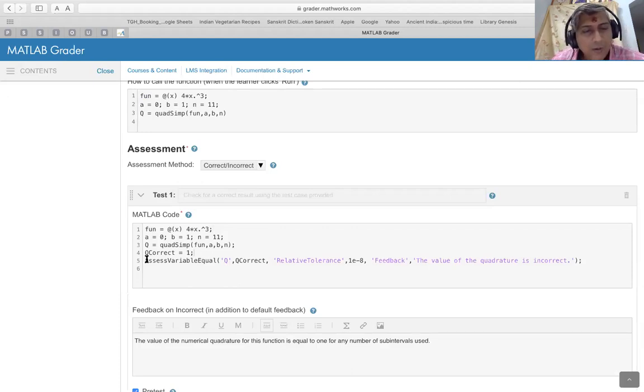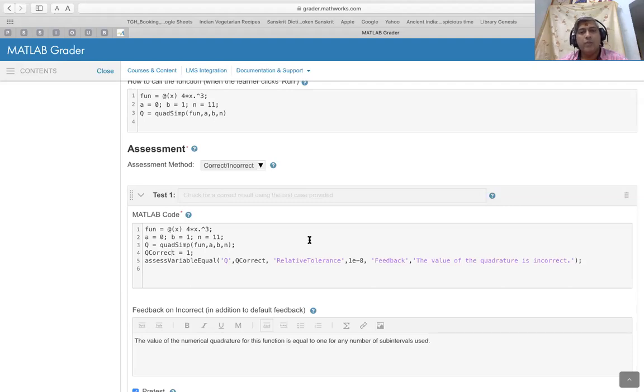So in this MATLAB code, what you're doing essentially is writing MATLAB code to run the assessment, but you can choose something else as well. You can directly compare variables. This particular command compares the value of the variable returned by the user with the correct one. Sometimes, in comparing variables, they may not match exactly.